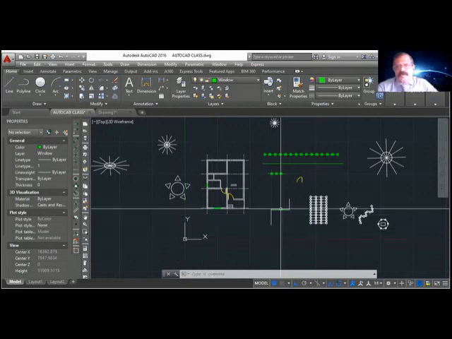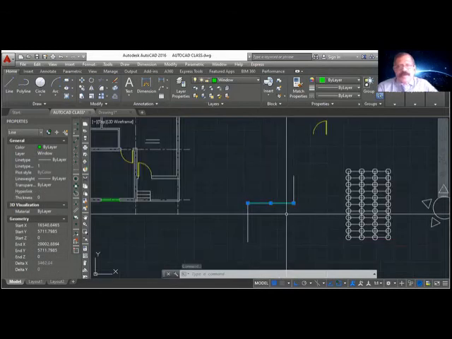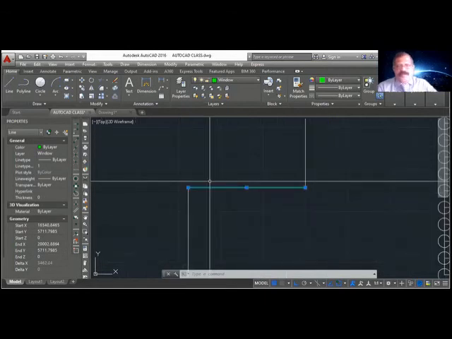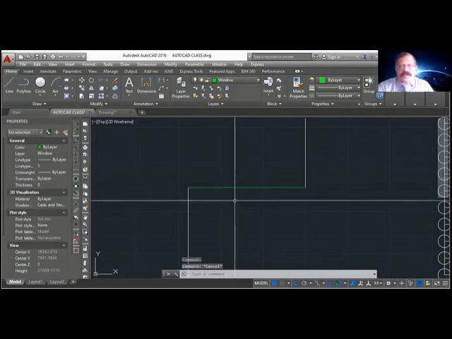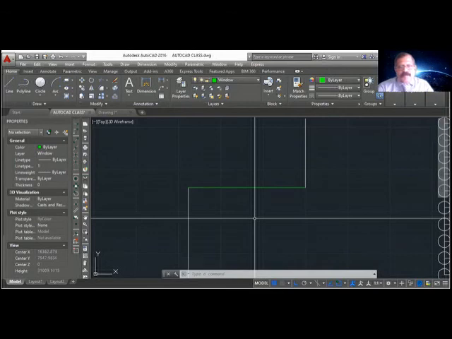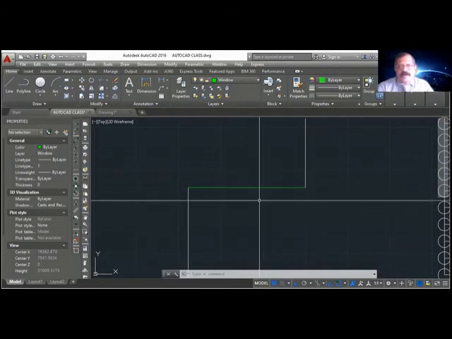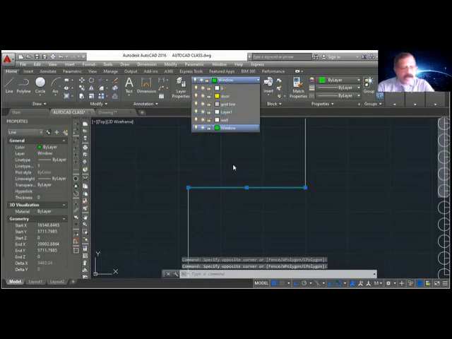Suppose you want to change it to center line type. The color and layer are the same. You want to change only the style. See, this is in the window layer. I don't want to change it to window. I want to keep it in the window layer, but I want to change the line style. In the layer dropdown here, I can change only the layer. Only layer. How can I change the line type?